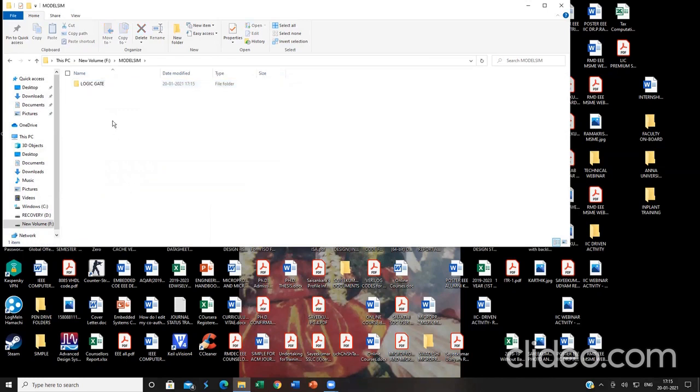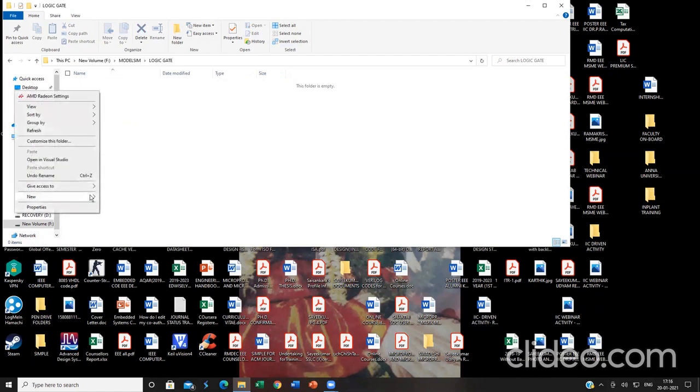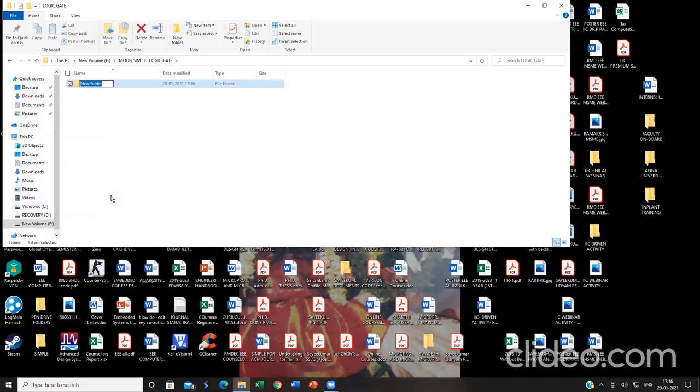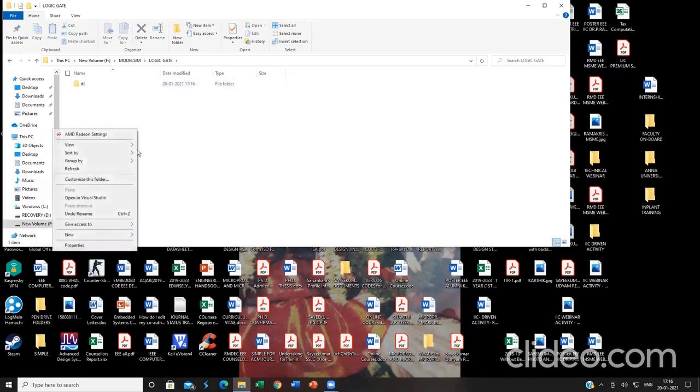Once I have created the folder, I have to create 4 subfolders in it. Just double click it and create 4 subfolders. The names of the folders must be as given in this video, then only you will get a proper output from the software. RTL is the name of the first folder.